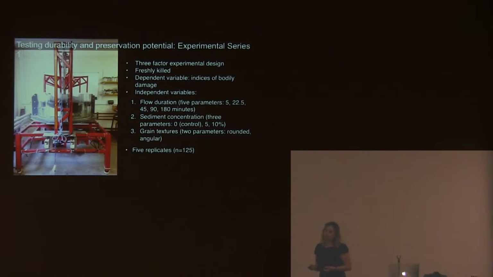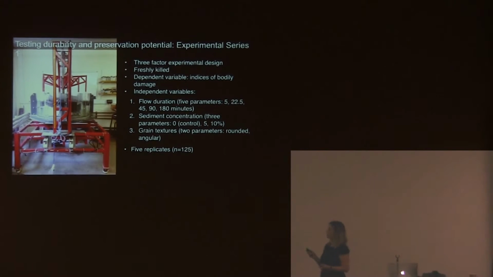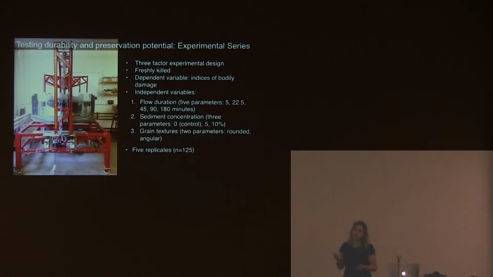To address the first question, I conducted a series of experiments and tested durability and preservation potential. This was a 3-factorial design where I used freshly killed specimens of polychaetes, invertebrates, and I have a dependent variable of indices of bodily damage, which I'll explain momentarily. And I have 3 independent variables. These are 3 factors in a sediment density flow that I want to see whether they're causing damage